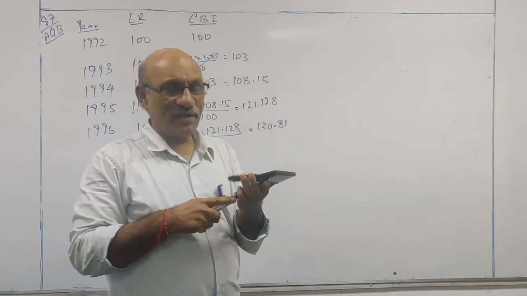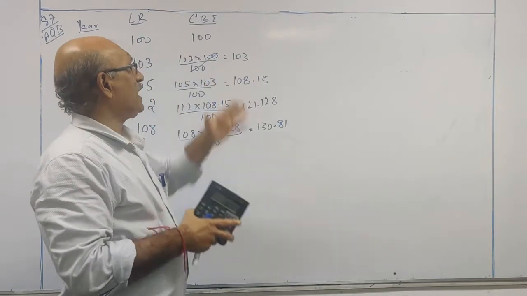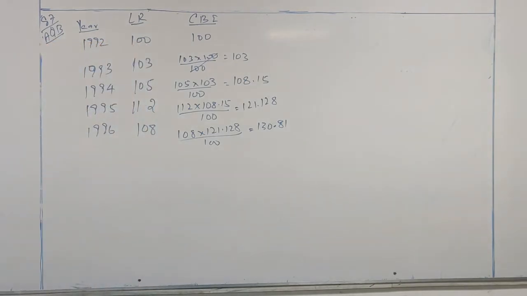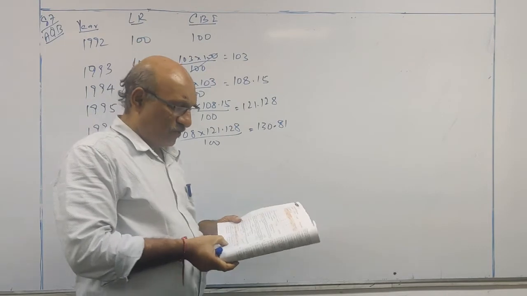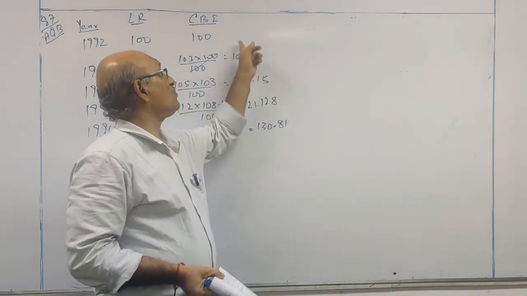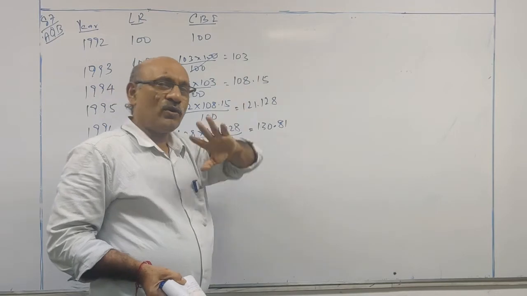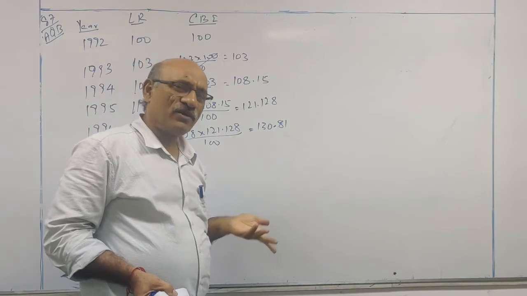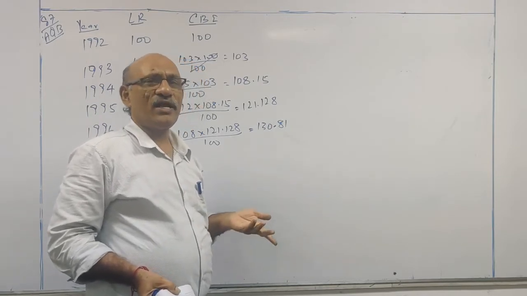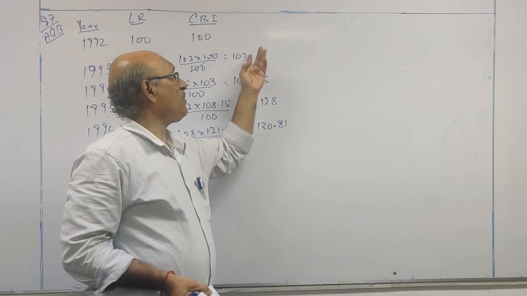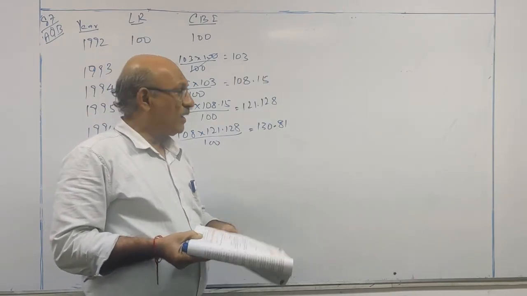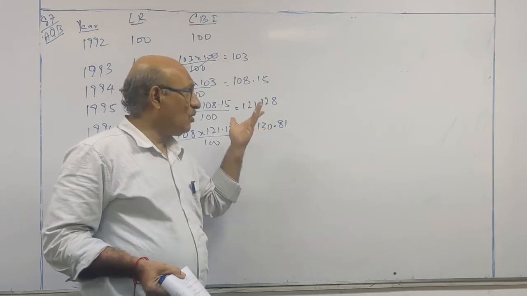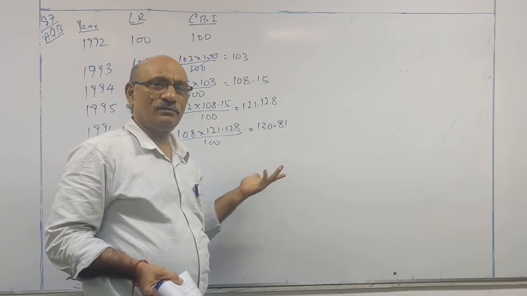Now every one of you has the ICAI material. Compare which option your calculations coincide with. Your values coincide with option B. Of course, the first value 100 is not given in the options, so don't get confused. 103, 108.15, this way it is given. You have to take the first value as 100, whether given or not. The remaining 4 values are given. Look at option B in the ICAI material and your calculations; both are one and the same. This way a CBI question may be asked.